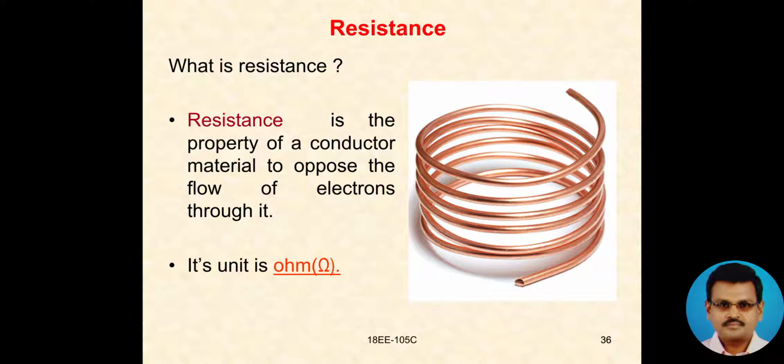This is the resistance. Its unit is ohm. It is represented by the symbol shown there, ohm. It is denoted by capital R. The resistance of any material is denoted by capital R. Very good conductors have relatively very low resistances, so that the current flowing through those good conductors will be more.